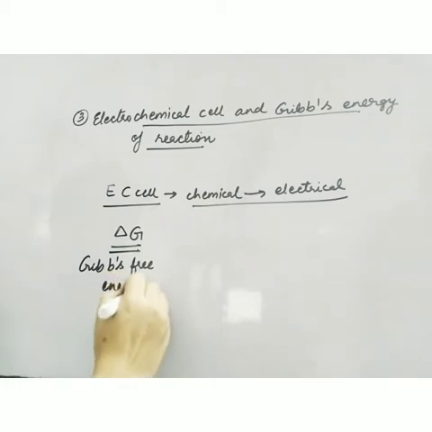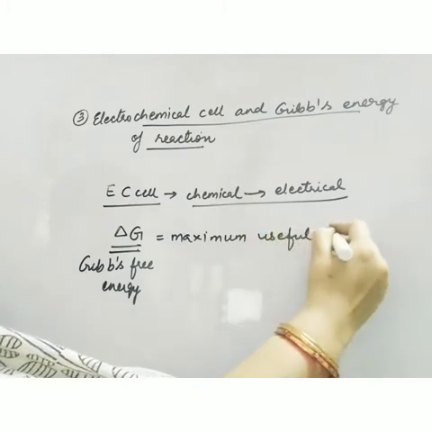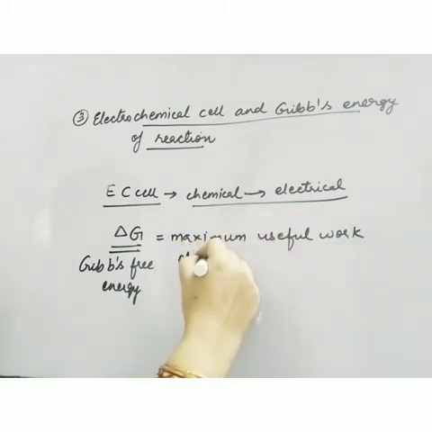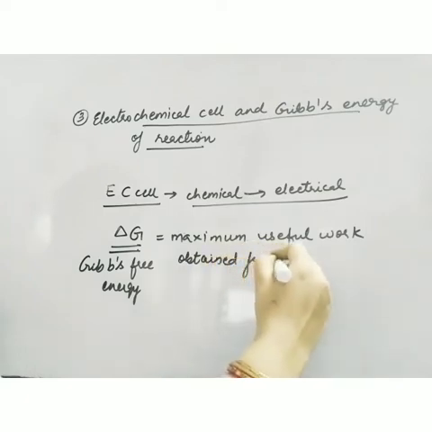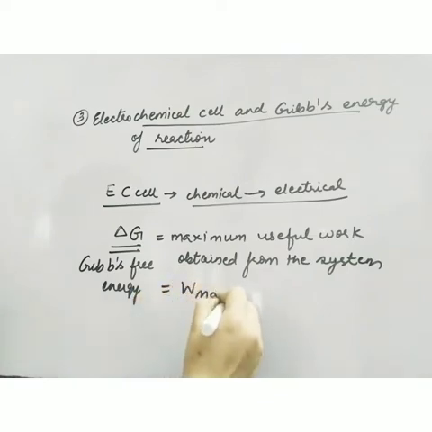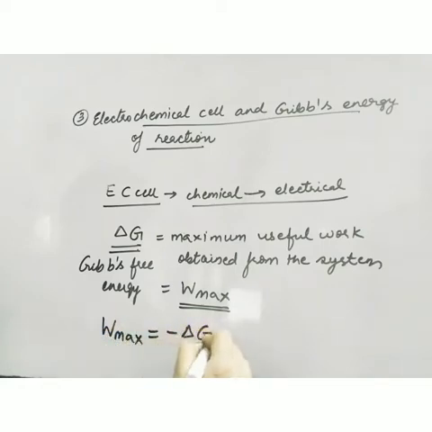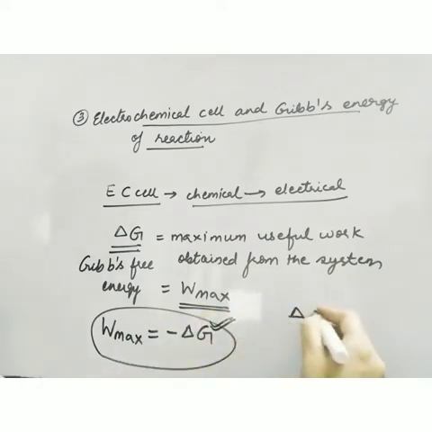So basically delta G is the maximum useful work which we can obtain from the system. So we can calculate maximum work done which is done by the electrochemical cell, and according to thermodynamic conventions, the work done by the system is taken as negative. So here work is negative of delta G. Now how to find out this delta G? So this delta G is calculated as